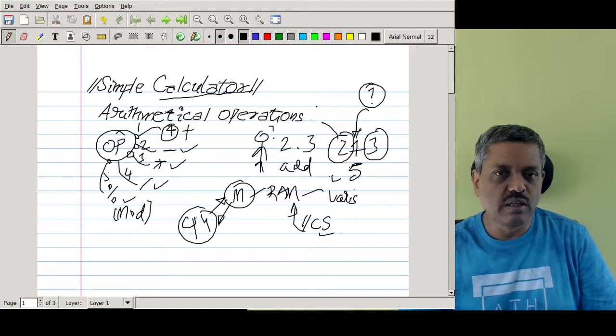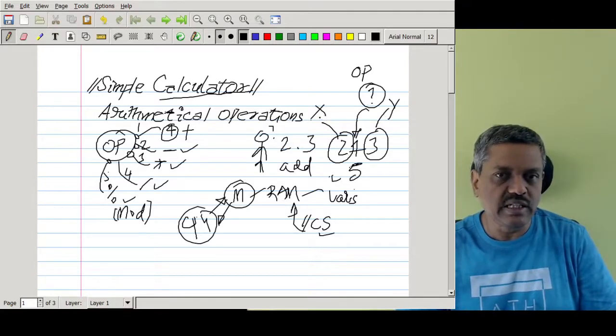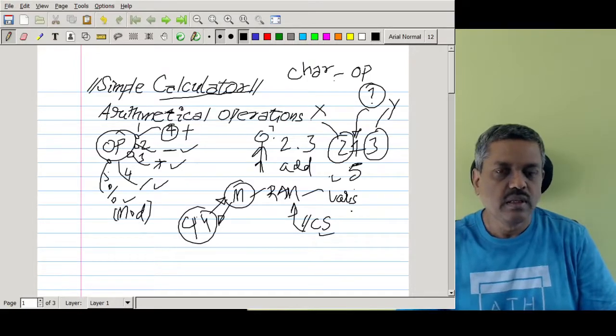We need some variable, let me call this x, and the other value which we want to store is y, and the operator we call op. We will decide the data type later. If we have to deal with integers only, then x and y will be integers, and the operator is nothing but a symbol, so this will be of character type.